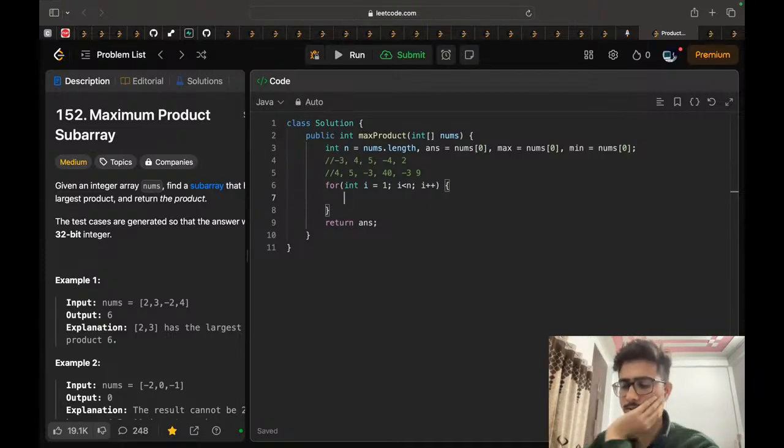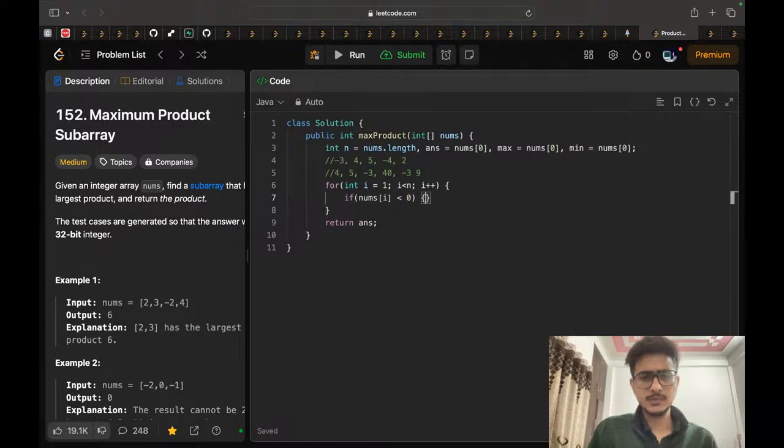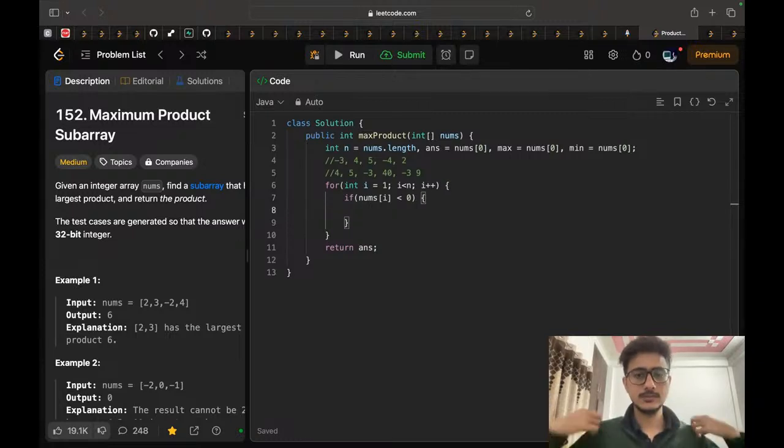Conjugate situation, value is negative. So if our value is negative, if it's smaller than 0, then